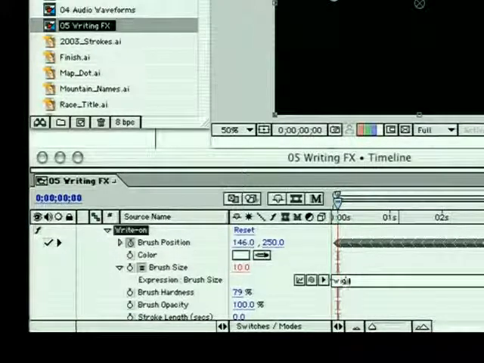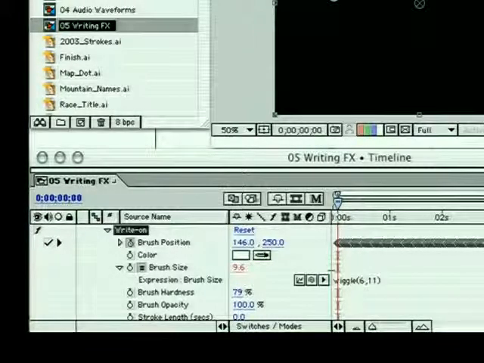So wiggle is actually a command that's recognized by the JavaScript function, so I can say wiggle this property, but in parentheses I can put the values between which I wish to wiggle. At the moment you see that the brush size is set to 10, and that's kind of an average, so I don't want it to probably be less than 6. Put in a comma and then specify the maximum value. It's probably no more than about 11. So let's close those parentheses, hit enter, okay,